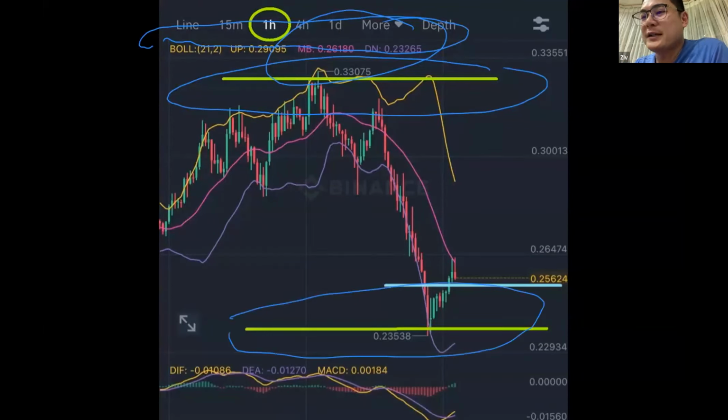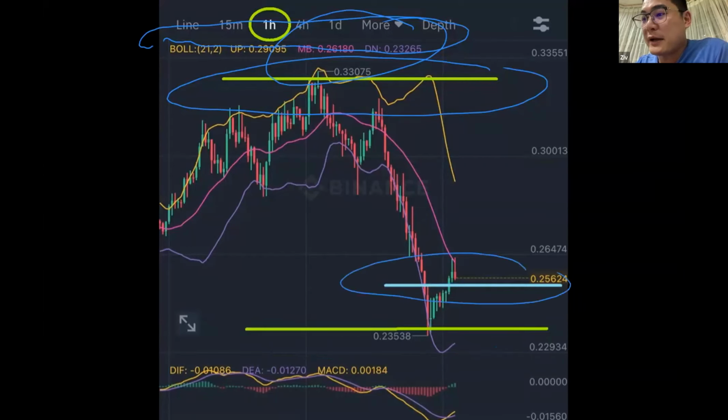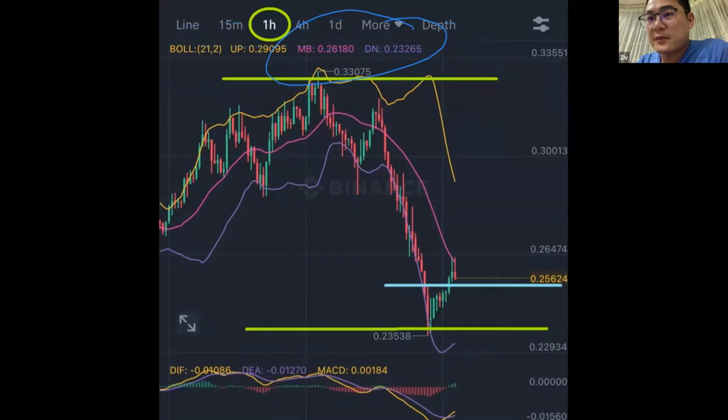And the most important thing is the current price. So this is the current price. We can see from the chart, if you look further, from the current price up to the previous high is maybe 20% or more than 20% of price dropping, and the previous low is just a little bit only. So we can predict this coin at the moment, based on this chart, is